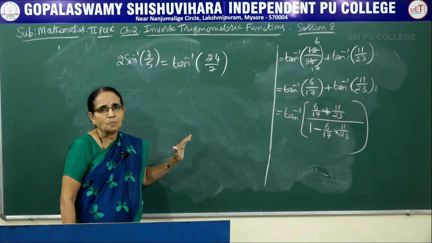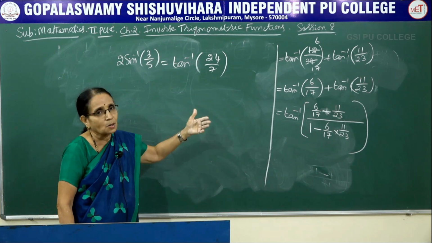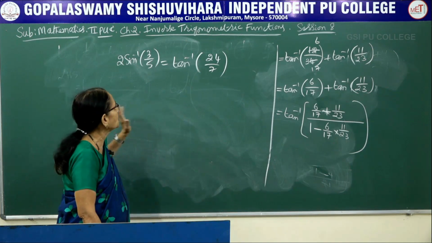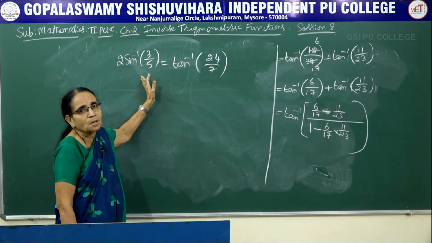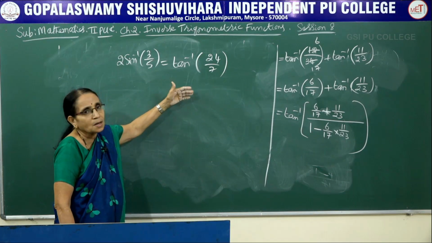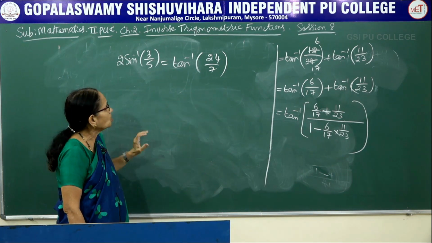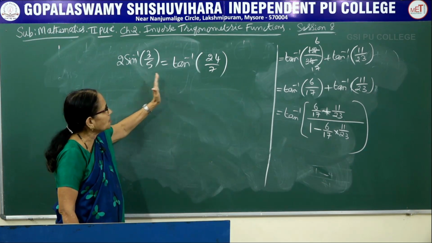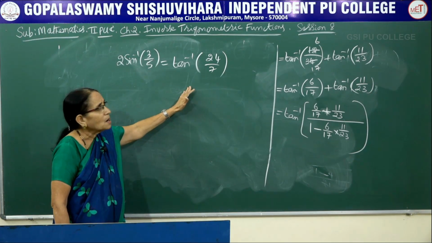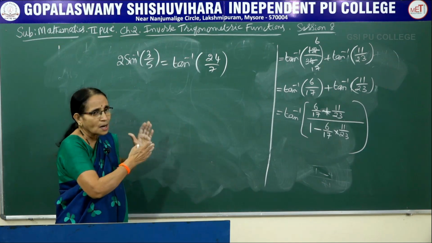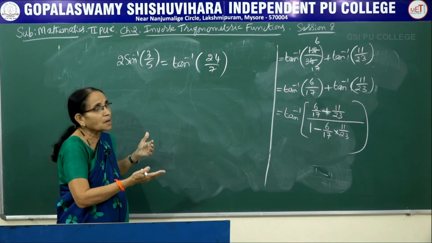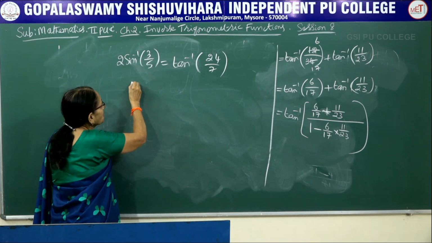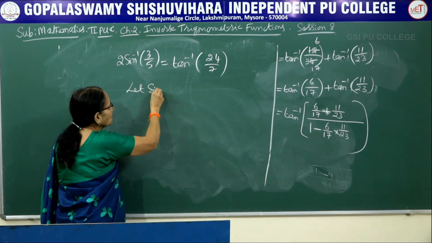In all the earlier problems, we had tan inverse of x plus tan inverse of y form, okay? So that you could make use of the particular property. Whereas here, the left hand side is in terms of sine inverse, the right hand side is tan inverse function. So here, we have to show that the left hand side is equal to the right hand side, or sometimes we rearrange the terms and start again with the left hand side and arrive at the right hand side.